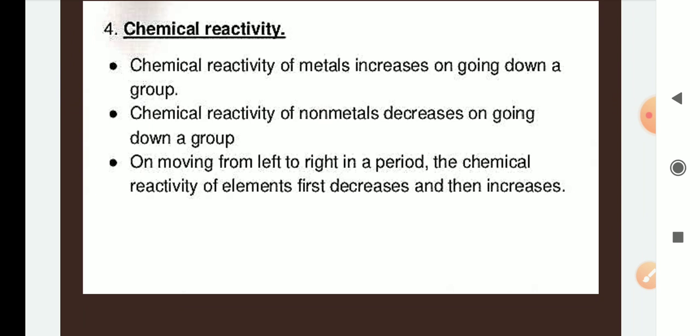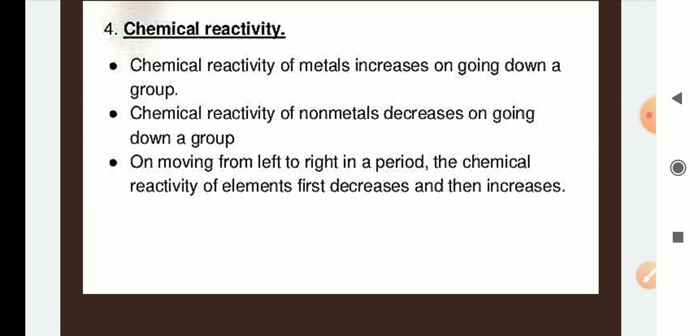Now the non-metallic character is the tendency of an atom to gain electrons in a period. Along the period, if we move from left to right, the non-metallic character will be increased because the tendency to gain electrons will increase due to the increase in nuclear charge. So if we consider the second period, the non-metallic character will be highest in case of fluorine and lowest in case of lithium.